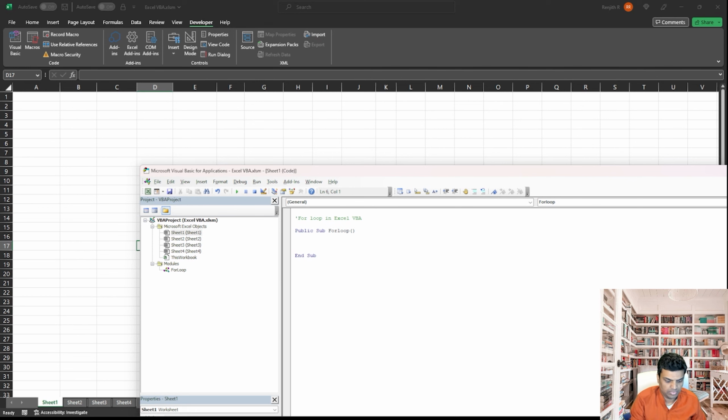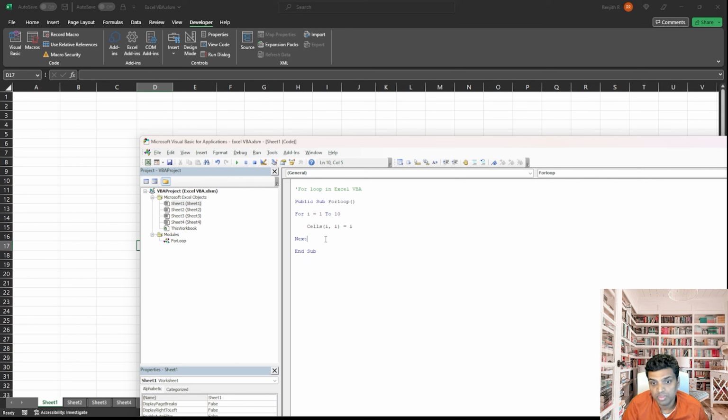So let's say for I is equal to 1 to 10. We will just go through this and then Next, right? And then cells(I, 1) is equal to I. Now what it does,